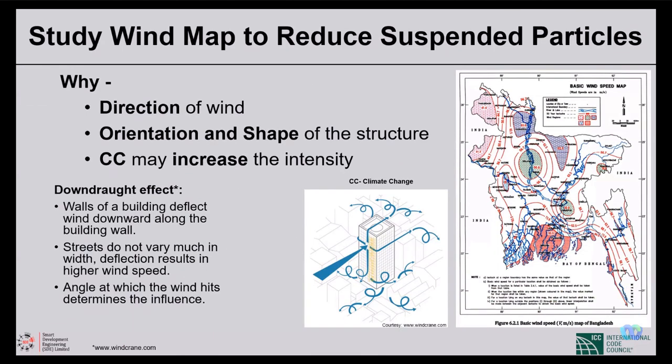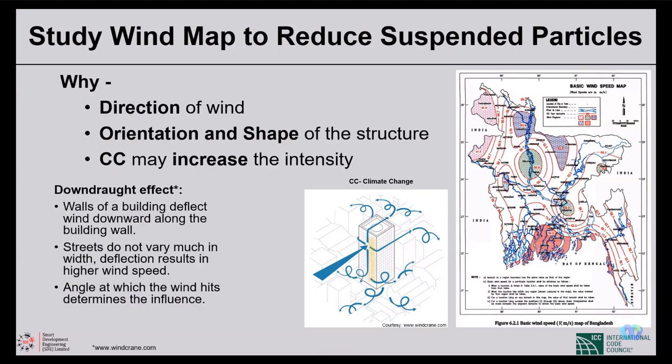So there is another issue. We normally design the building for wind, right? So we design it for strength, but the wind has other environmental consequences to the surrounding communities, which is why we need to study the wind apart from designing it for strength. The direction of the wind and orientation and shape of the structure, climate change may increase the intensity. So why is the direction of the wind and orientation and shape of the structure important to reducing the suspended particles? Like, as you can see in the picture,